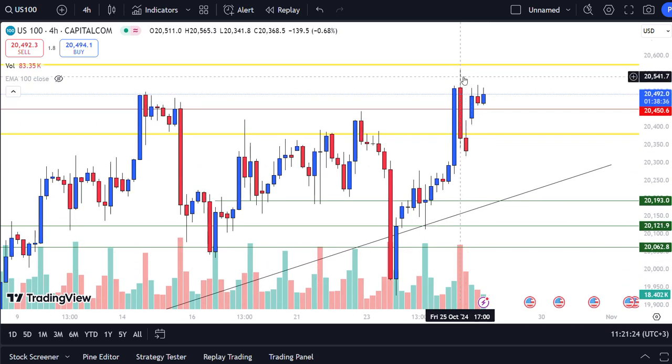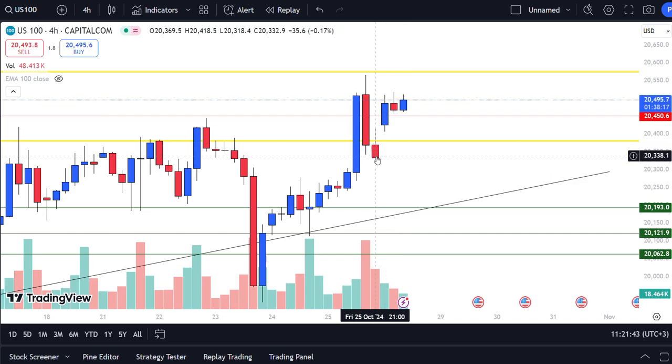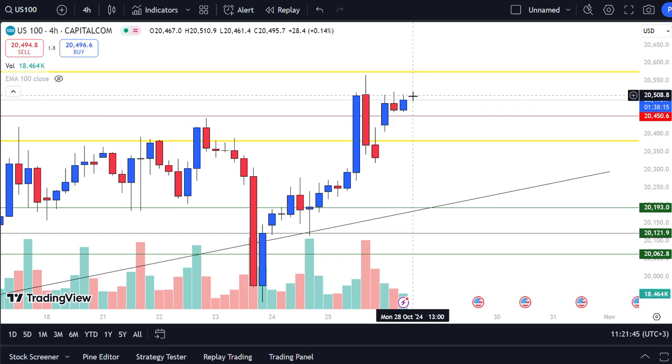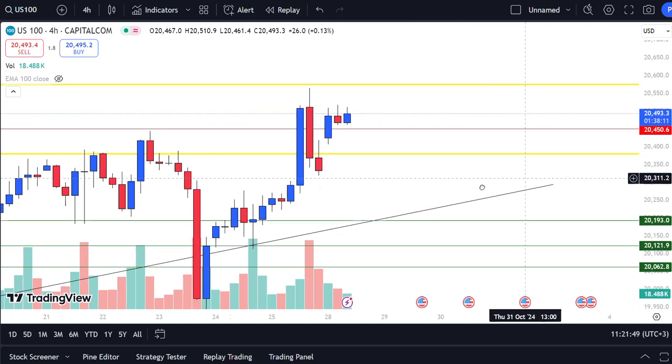Look at this bearish pressure around here. You can see that this bar is not even bigger than this one, but look at how much volume of the bears it has inside this market. Okay, this week the market has opened with a gap up which has not been closed yet, so we expect the market to come back here, close this gap, and if it continues to build up this area,